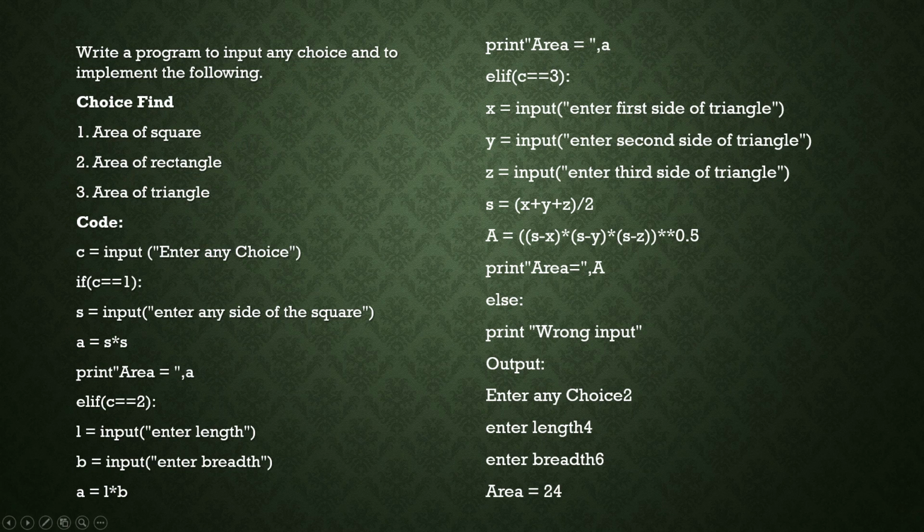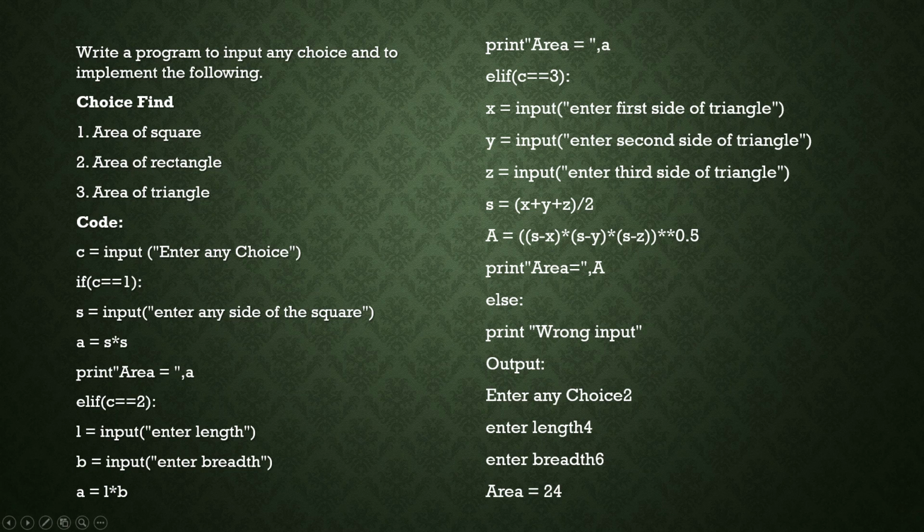And to the power, see, we can use the square root of the number using import or from module, we can call the math function. We can import the math module, or we can use from math import and its function also we can use here. That is to find the square root of this one. So S is missing here. Okay, let it be there, not a problem. Print area equal to A, else print output wrong input.